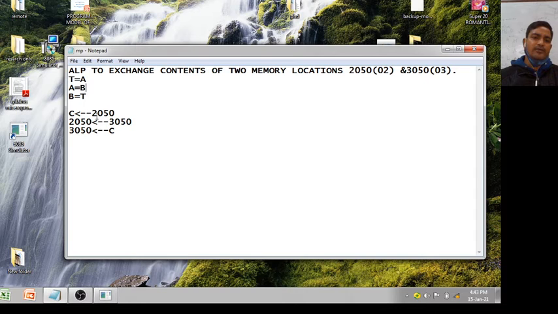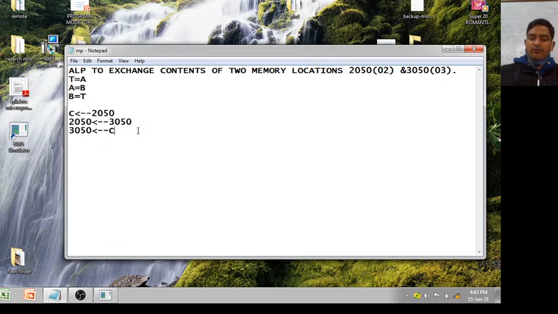Contents of 2050 you have to transfer into the C register, and that C is your temporary register. Contents of 3050 you have to transfer into the 2050 memory location. Then you have to transfer contents of C into 3050.